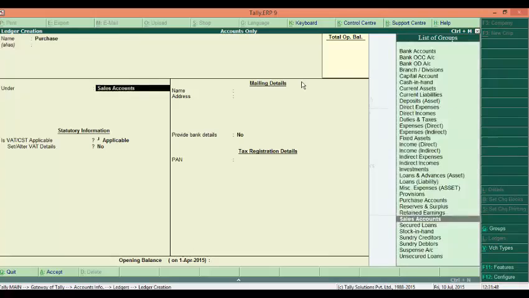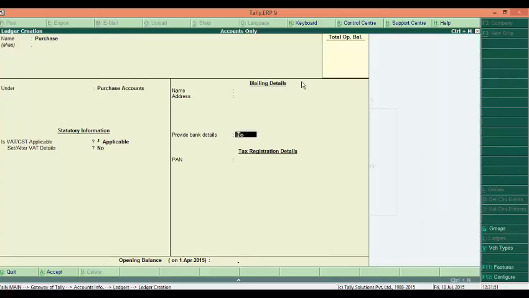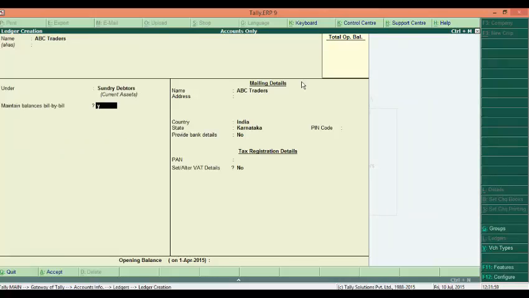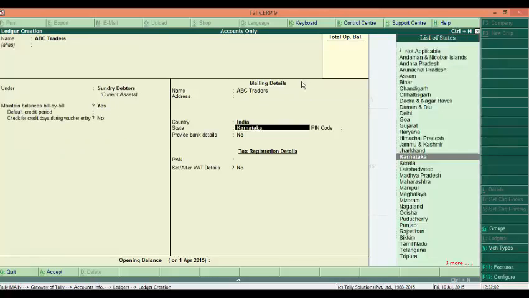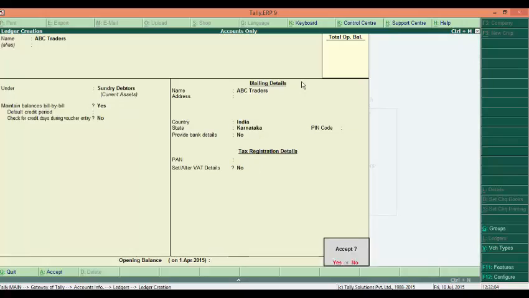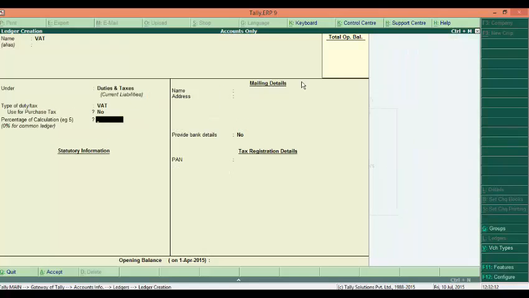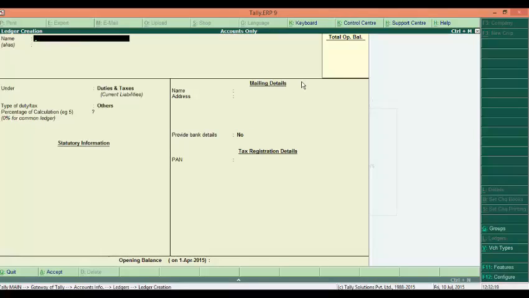Similarly, you create the purchase accounts. We'll create one party, ABC Traders, under debtors, maintain bill by bill, yes, and we'll save this. We also need to create one VAT ledger under duties and taxes. Since we have already mentioned it in the F11, F3, we'll just leave it blank.